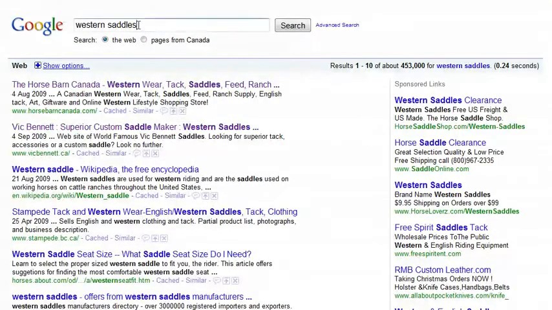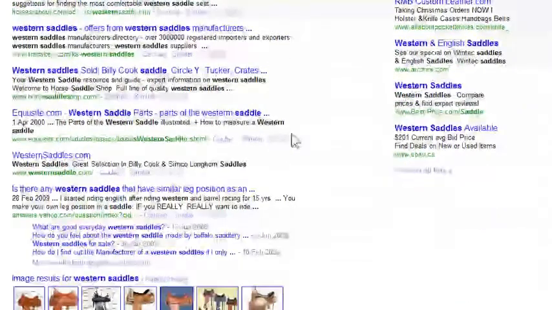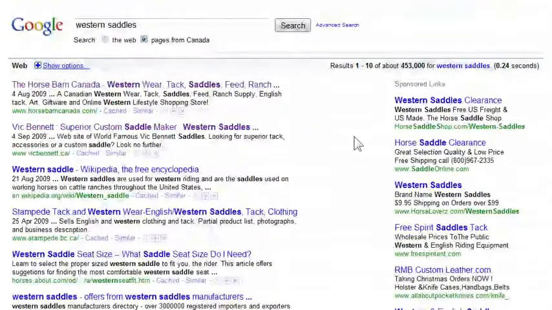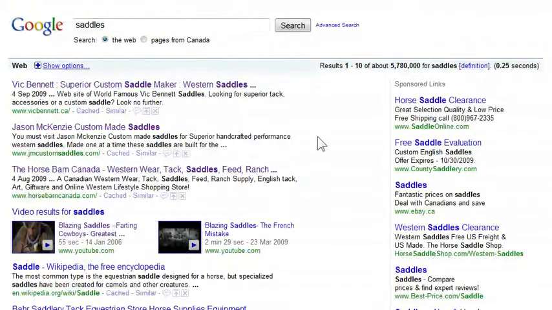And now you're searching for Western saddles, and you can get keywords related to Western saddles in these results as well. And start building your spreadsheet based on that. Now, the last thing I do, the third thing anyways, is click on the link here that says Show Options. Click on the plus,